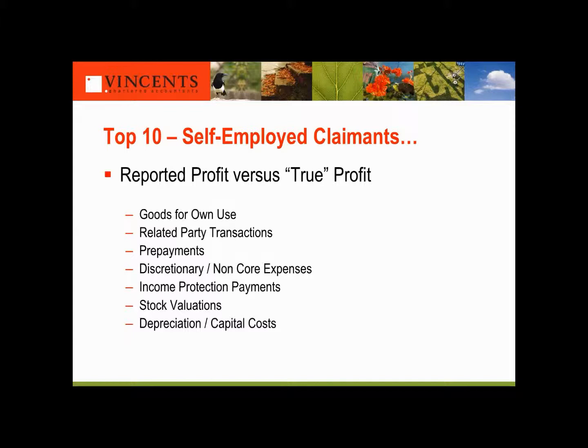So, just before we jump into an example, the fundamental proposition here is that over the last 40 or so years, the ATO and the legislature have introduced rules that relate to the calculation of taxable income that don't necessarily match the calculation of what profit is. And a number of those items there that Kain spoke about are exactly on that point. So, to take a very obvious one, the valuation of trading stock. The ATO allows general businesses to value stock in a number of different ways, one based on cost, one based on realisable value. So those two of themselves can result in two different calculations of profit in any particular year,